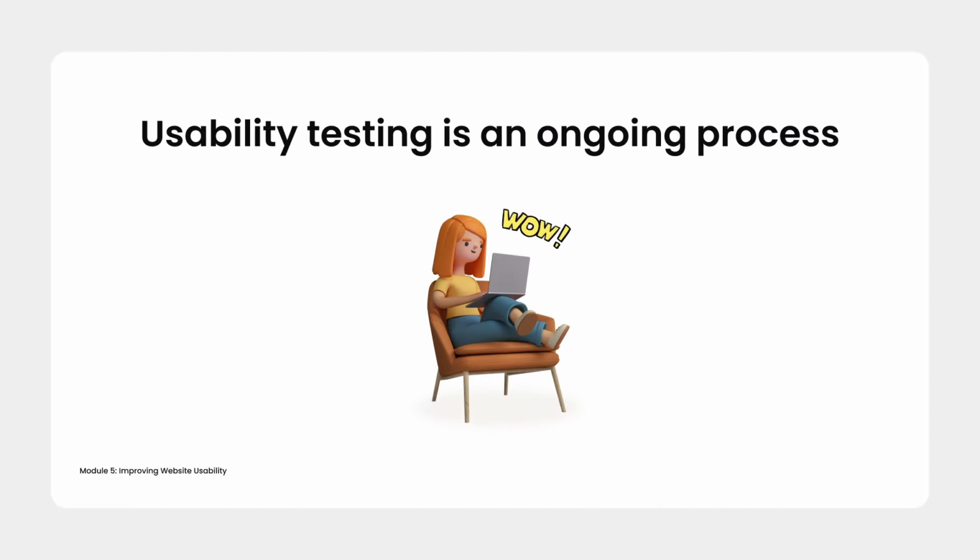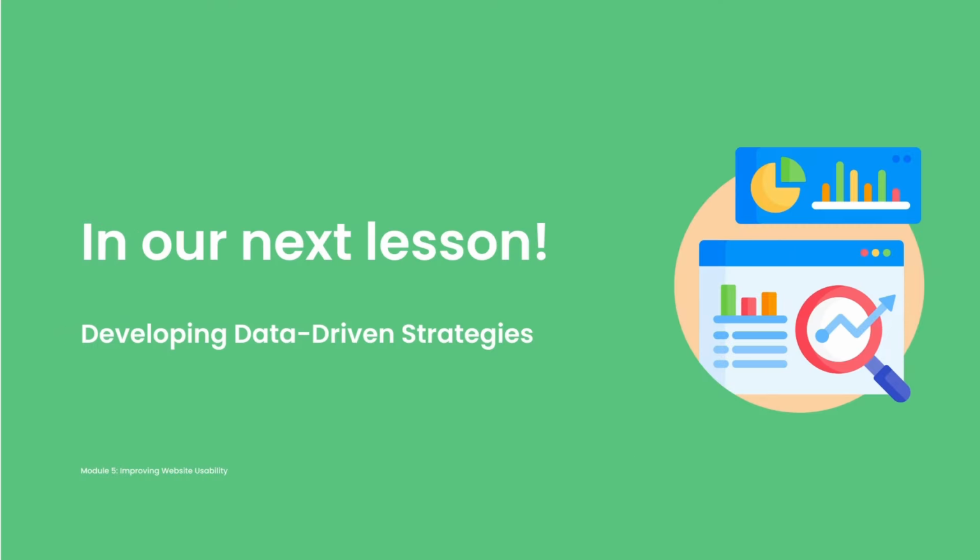Lastly, always be prepared to adjust your priorities as new information becomes available. Usability testing is an ongoing process, and staying flexible is key to success. In summary, prioritizing usability issues is essential for efficient and effective improvements. By considering factors like severity, resources, and alignment with business goals, you'll make better decisions and enhance the overall user